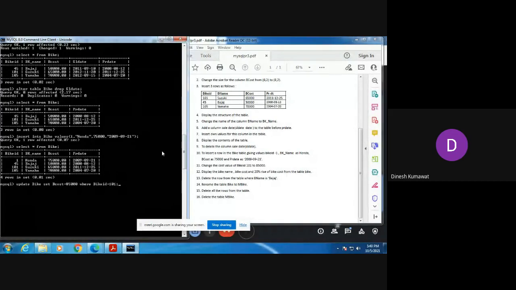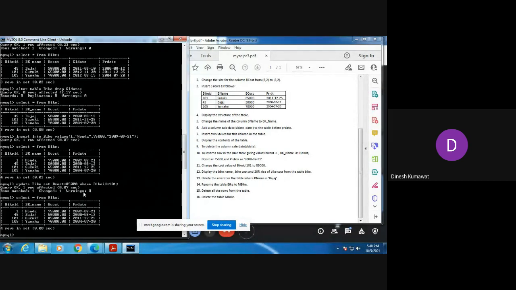Yes, okay. So let us see whether we are getting the value using this command or not. So you can see we are getting the output, query okay, one row affected, 0.07 seconds, rows matched 1, changed 1, warnings 0. So let us see whether that value gets affected in my original table or not using the select star command.